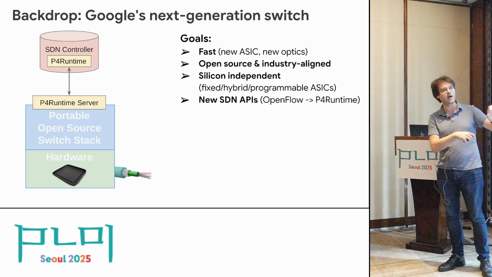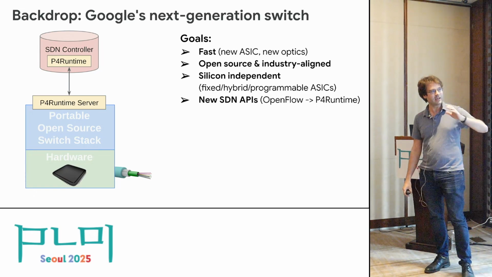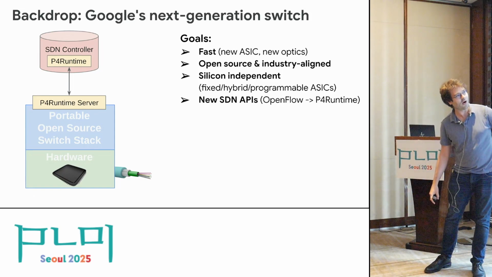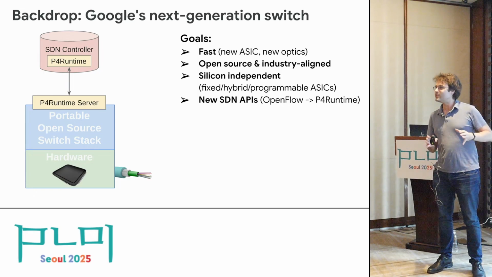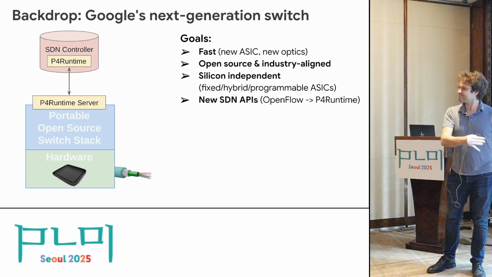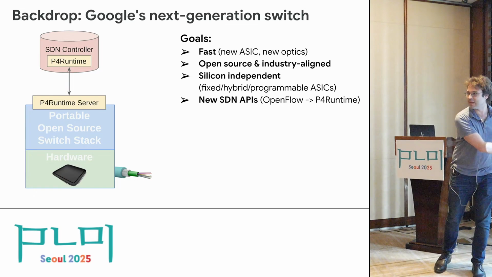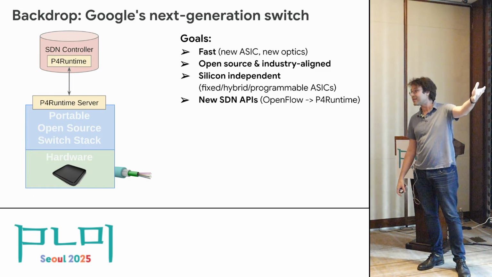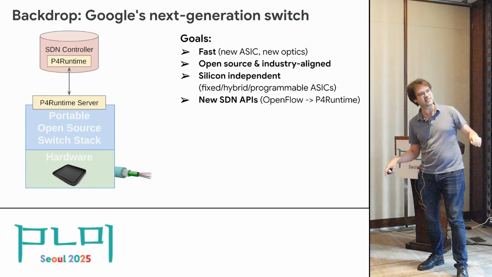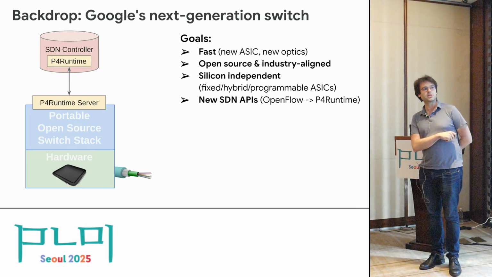Anyway, the other big thing is silicon independence. This is the one that I'm perhaps most passionate about. We'll also call this optionality throughout the rest of the talk. The key here is that I told you that we're going to get this new ASIC with this new hardware. And actually, we would like to be able to just swap these out. Not necessarily while they're running, but if we buy a new one, then we want to be able to just put that in. And if we start getting programmable ASICs eventually, which is something that's coming up in the switch community, then we'd like to be able to just go in and use these in our data centers. So that was a very important concern.